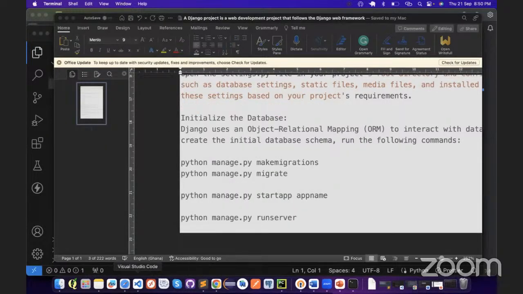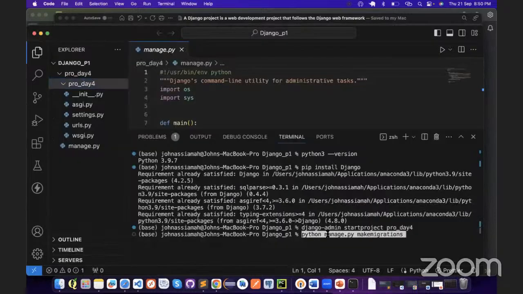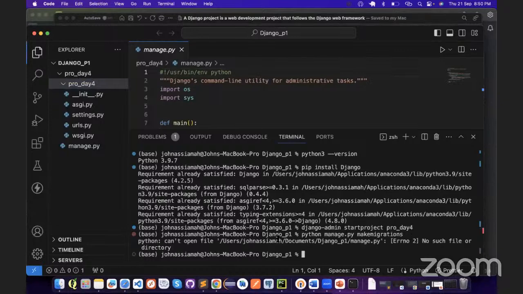So now what I'm doing is that I'll just go here, put a code here. The code says Python manage.py makemigrations. So we will execute that. What it's going to do is that it's going to